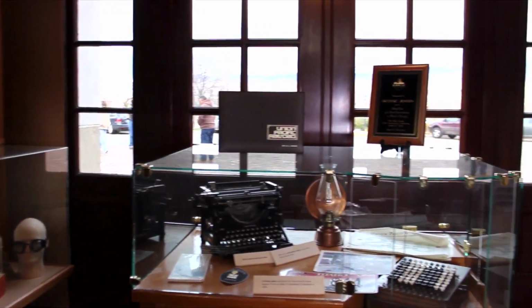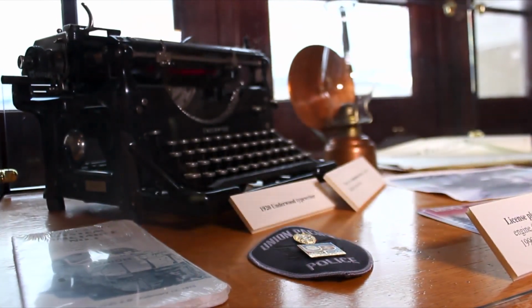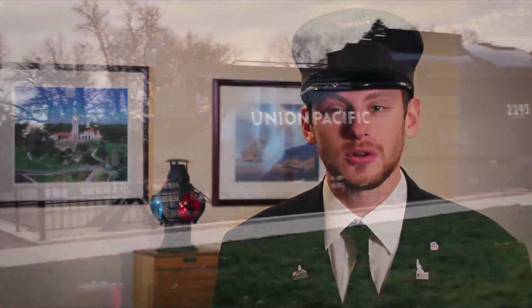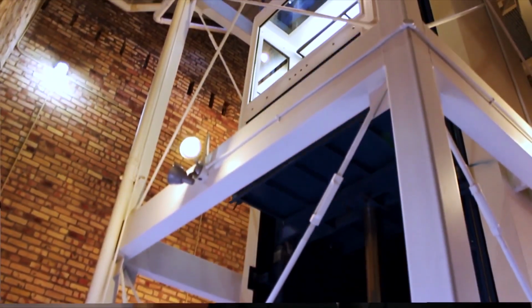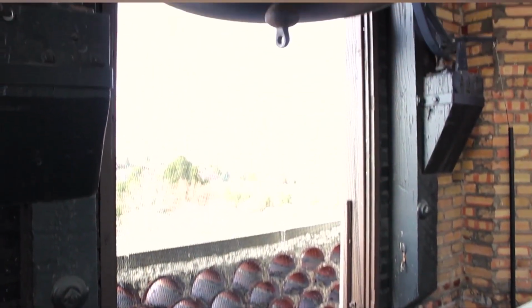the grand hall, the waiting room, and there are 2 collections on display. Fred Hallberg and his family have loaned his collection to us, so you will see switch lanterns, semaphore signals, china set from the Challenger passenger train, and much more. Also, the Barklow Brothers newsstand is a highlight on the tour, and the back platform and the steam locomotive Big Mike outside. And the tour wraps up with an elevator ride up the 96-foot tall bell tower to see all the 4 original bells that were made in